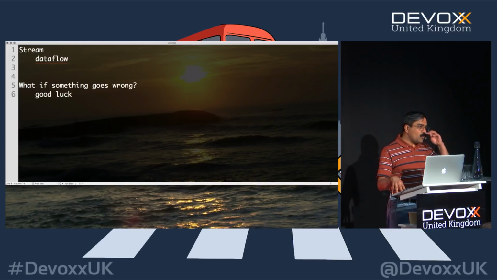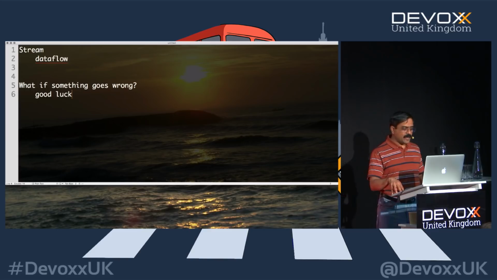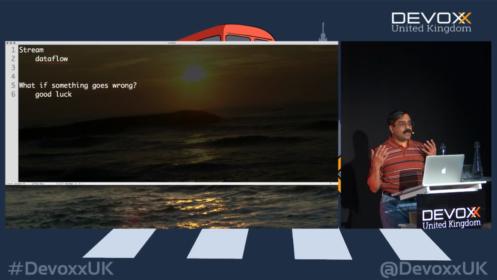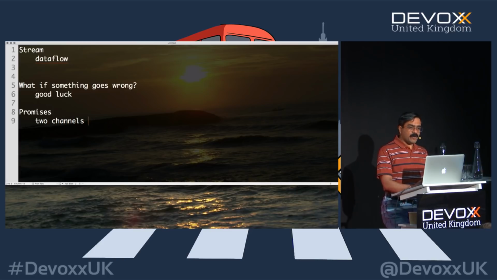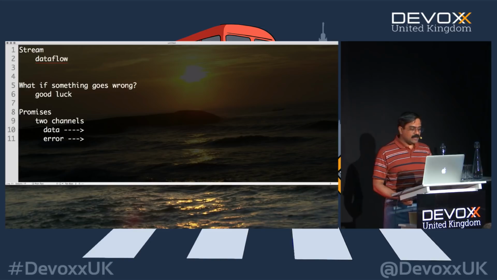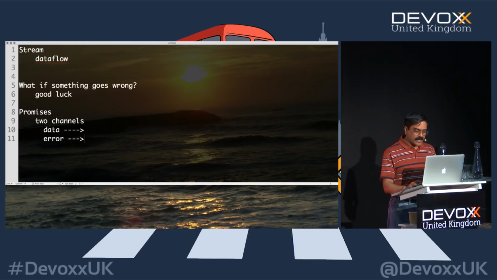So in other words, you don't want to treat error as something different. I think the worst thing we have done as a programming community is calling exceptions exceptions. We should have called it normal, because stuff happens and you deal with it, right? And instead we said, oh my God, this is an exception, we're going to blow up, which is really not a good thing. So what do we do? Well, promises do something really well. Promises have two channels of communication. They have what is called the data channel, and they have what is called an error channel. The data channel carries the data, and the error channel carries the error. Think of this, if you will, like a train track if you want to.